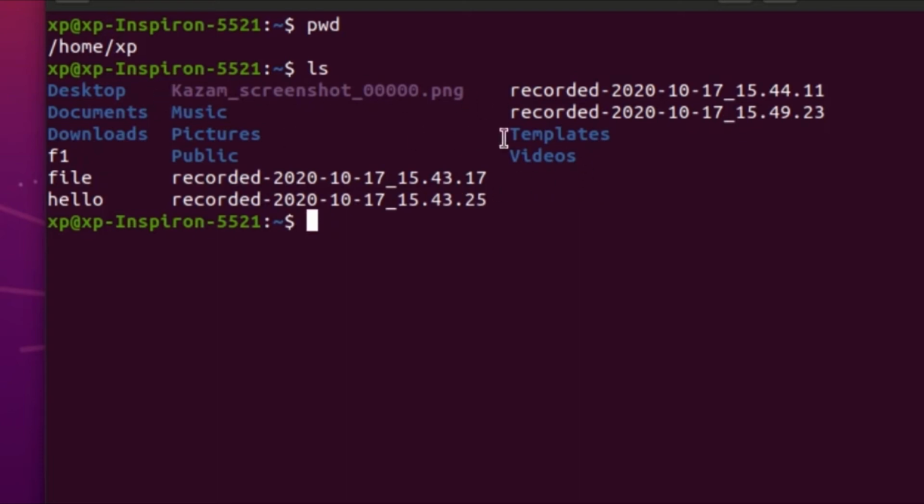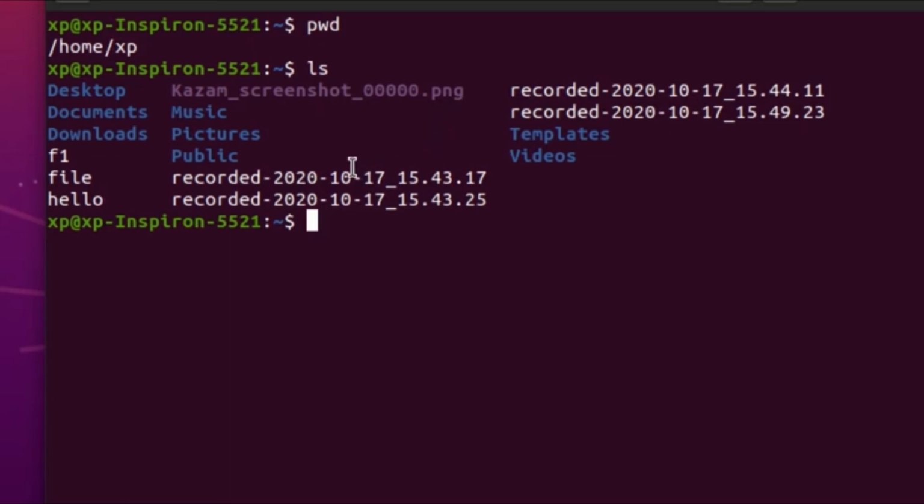It shows folders by using one color, blue. Blue color is folders and the white color is files. And the image file it shows in another color, that is Kazam screenshot 000.png, that is an image file.